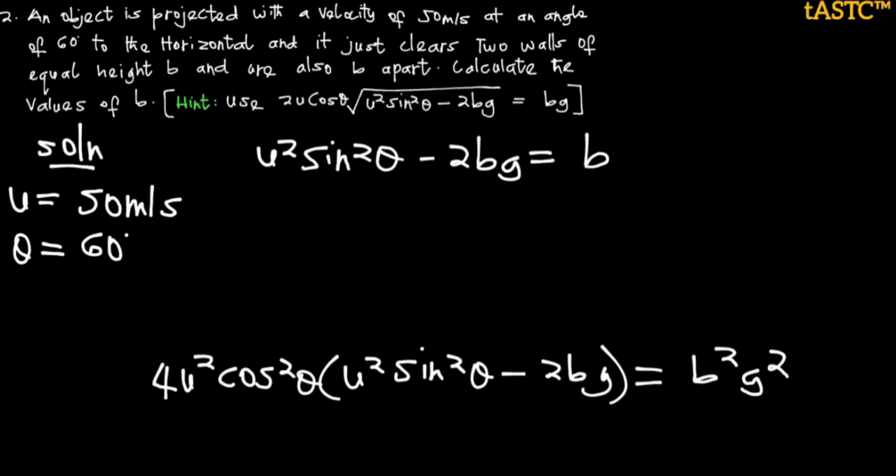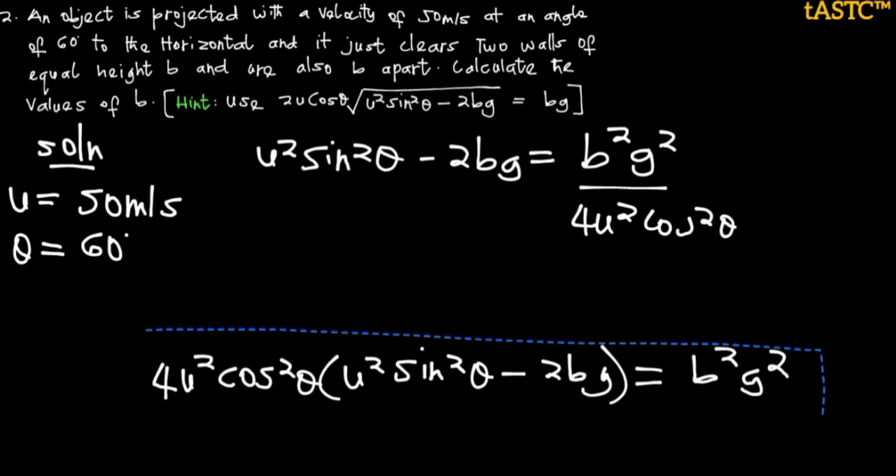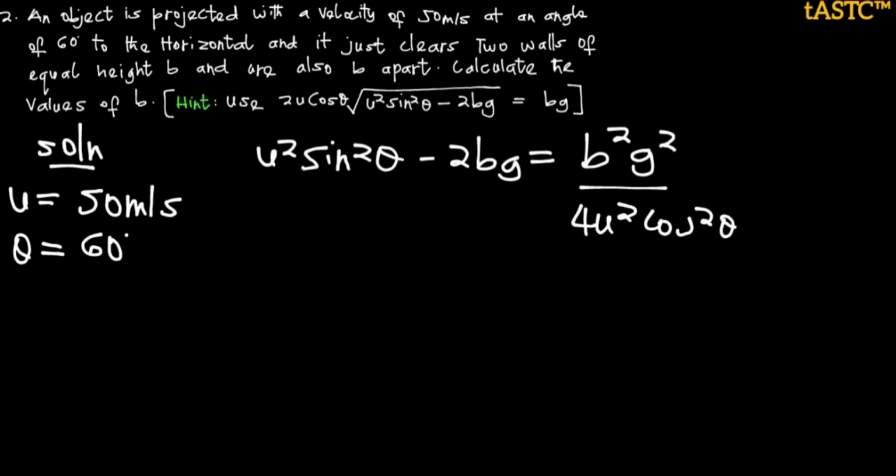This will be equal to b squared g squared divided by 4 u squared cos squared theta. Now this is also going to come this side. Now instead of doing that, I might well just bring it to this other side, but because I really do want you to understand it,